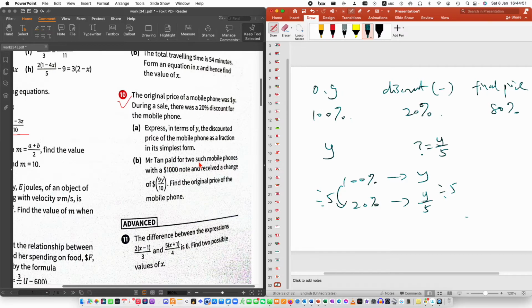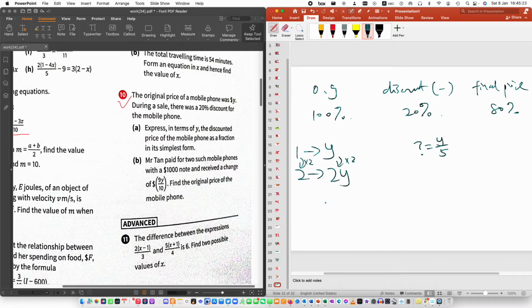So it says Mr. Tan paid for 2 such mobile phones. 2 means what? 1 is Y. 2? Two is how much? 1 is Y. 2 is how much? 2y. Yes. How you do it? Proportionality. Times 2. Times 2y. Right? So 2 is 2y. Then now it says what? With a $100 note. $100 note. So $100. You buy 2 of this. So